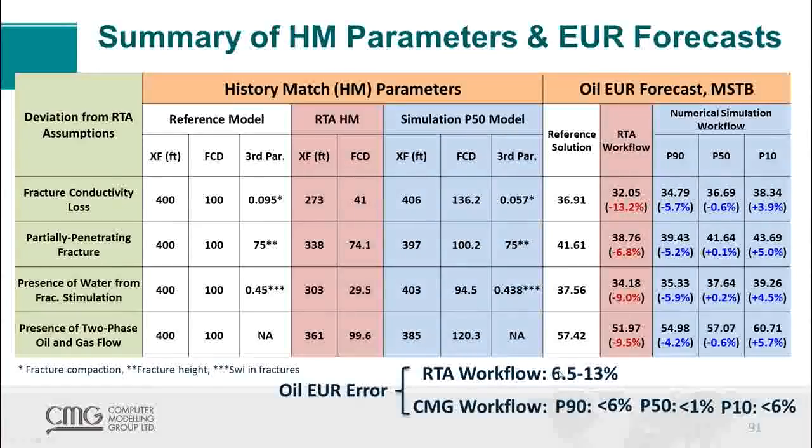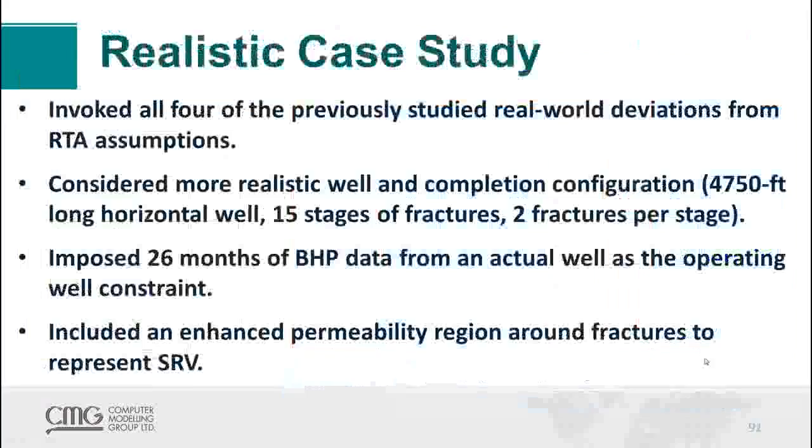The RTA workflows, looking at 1 deviation at a time, underpredict the correct value of EUR by anywhere from 7 to 13%, whereas the P50 values in all 4 cases for the simulation workflow are within 1% of the correct value. So let's take a look now at what happens if I invoke all 4 of those deviations at one time,